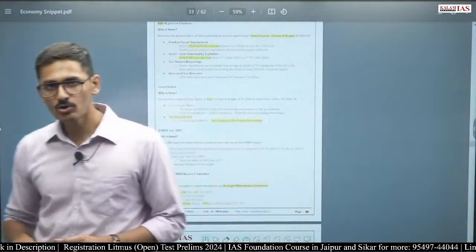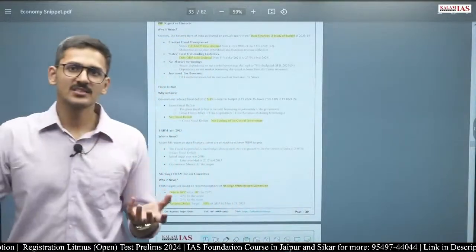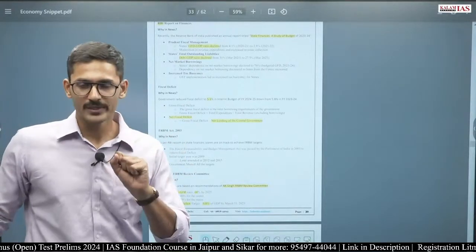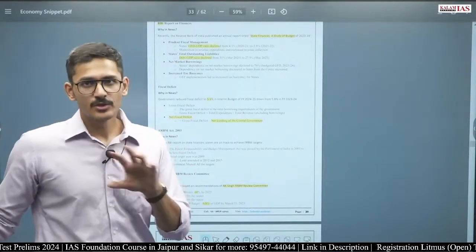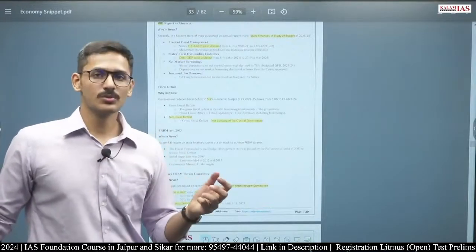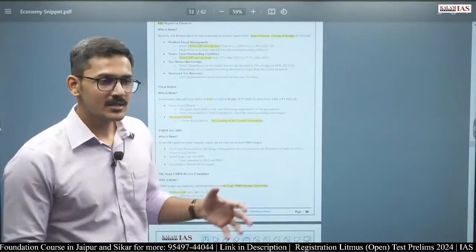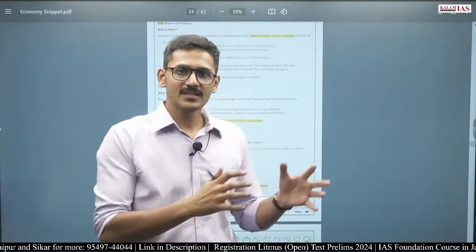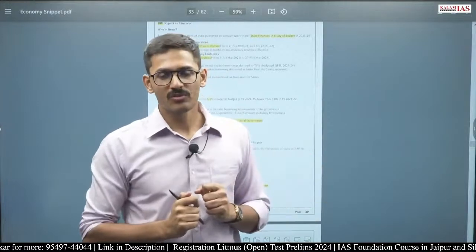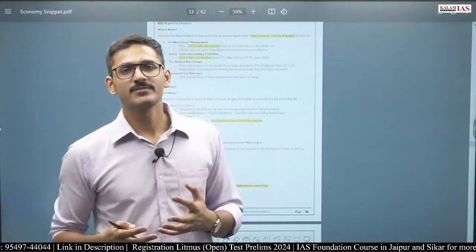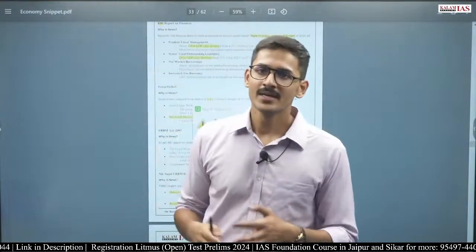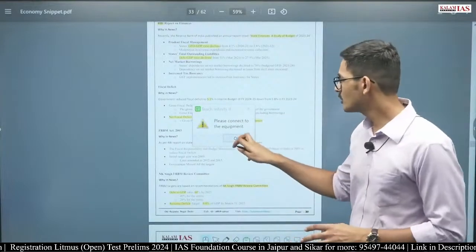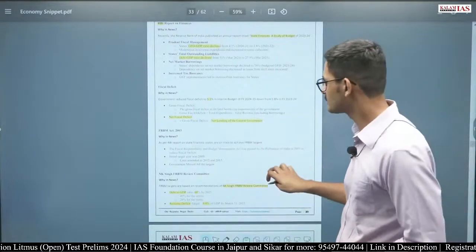The government borrows certain money and the government also lends certain money. Gross fiscal deficit only includes what the government is borrowing, but net fiscal deficit reduces the amount which the government is lending to the people. For example, if I borrow 100 rupees from someone and lend 20 rupees to someone else, what is the gross fiscal deficit? The 100 rupees that I have borrowed from the people, whereas the net fiscal deficit, the net borrowing that I have made, is 100 minus 20, because 20 rupees I have borrowed and given to someone else. So 80 rupees is the net fiscal deficit.